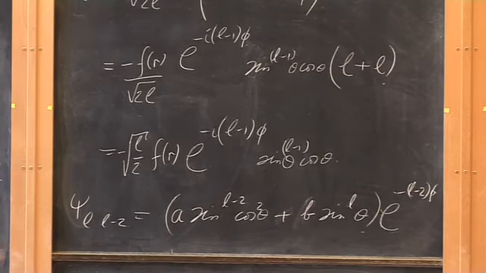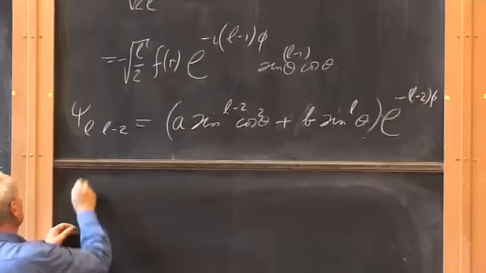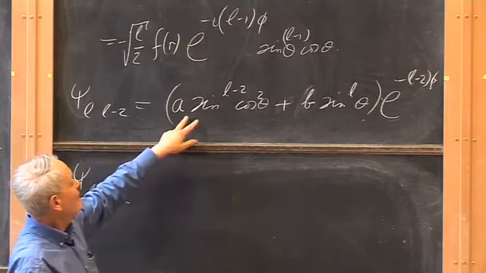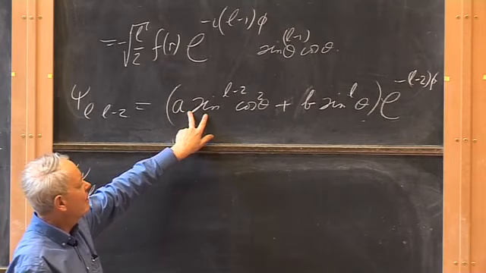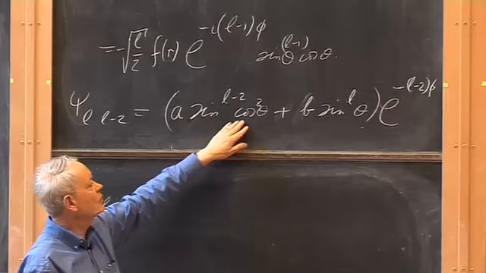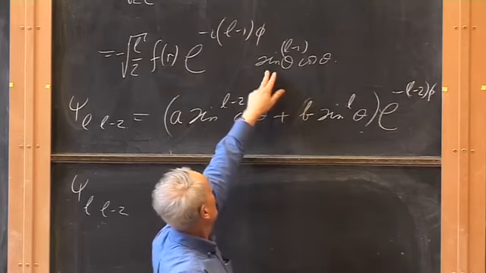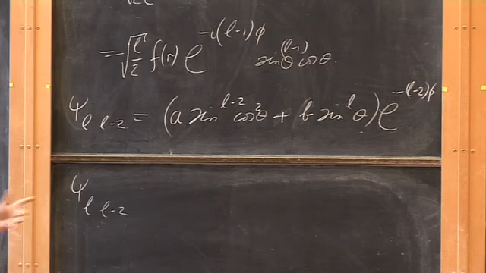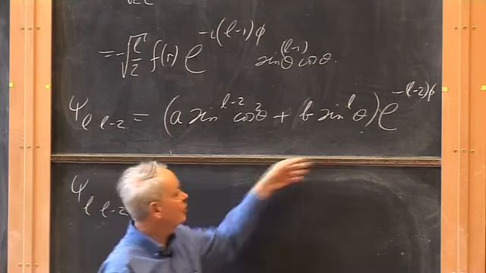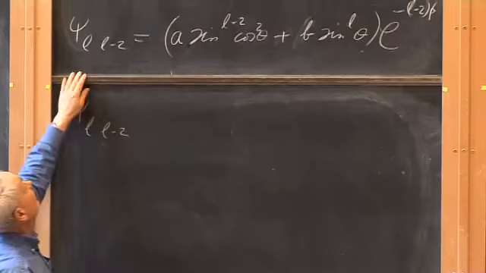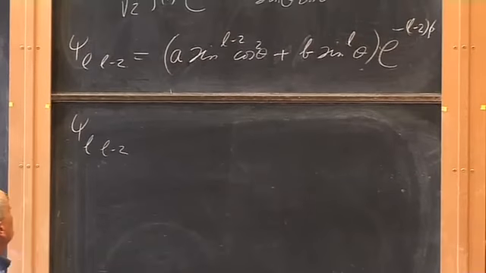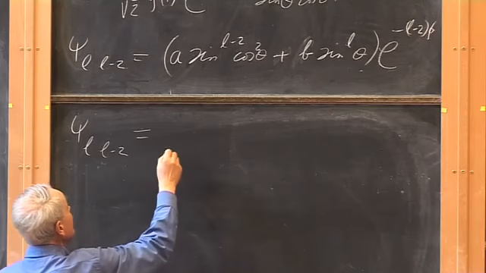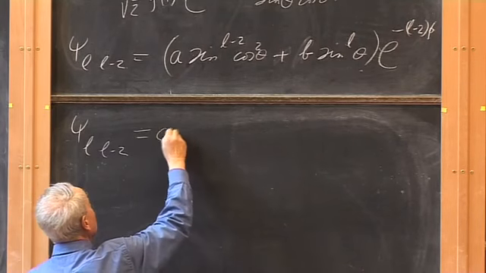And when we differentiate this again, in order to get psi L minus 2, it'll get more Byzantine because this will generate me an L sine to the L minus 3 times cos cubed. This will get back what we had here and so on and so forth. You get more terms. You get a longer thing coming in front of the exponential. So what do these things actually turn out to be? It turns out that this is a normalizing constant